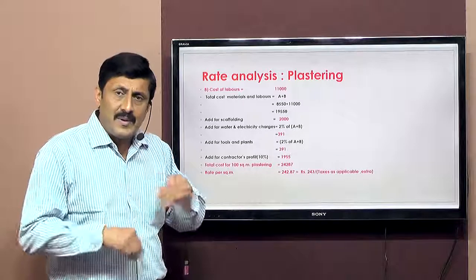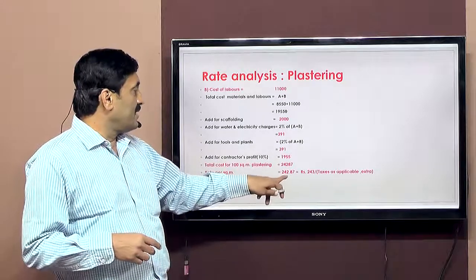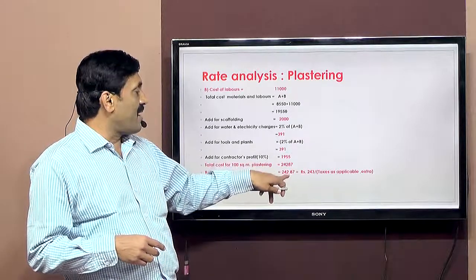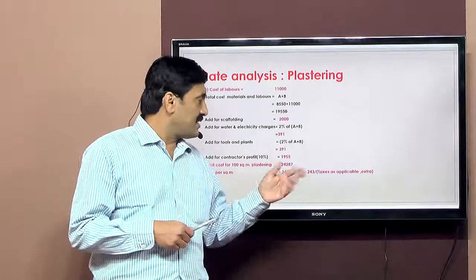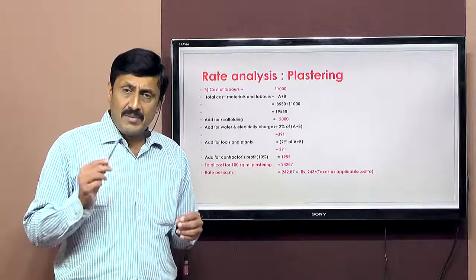Now this is the cost for 100 square meter plastering. So per square meter, how much will be the rate? That is 24,287 divided by 100, which comes to 242.87, rounded further to the higher side, that is 243. Now remember one thing,